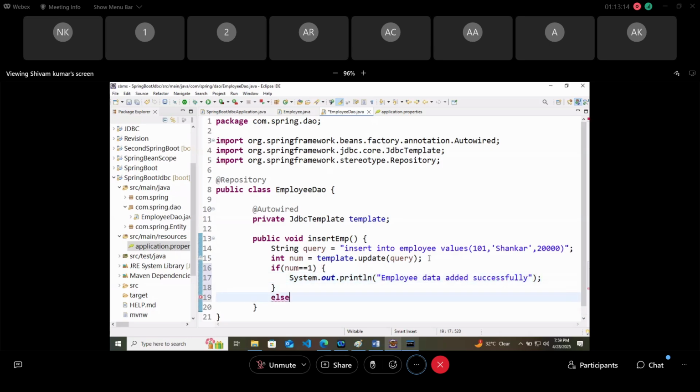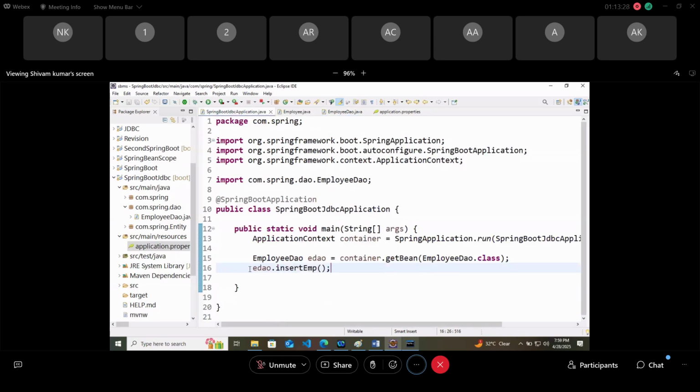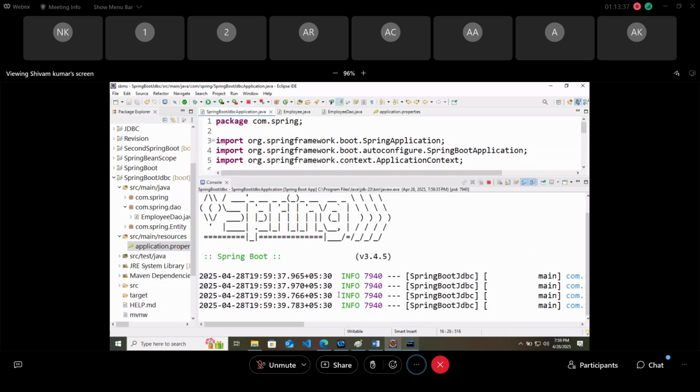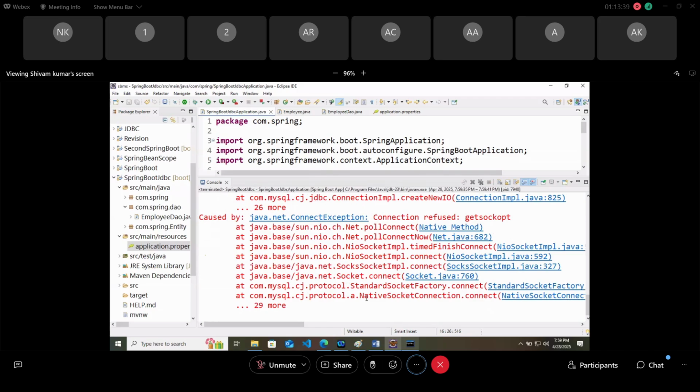Else, operation terminated. Now in the main class, we will call this insertEmp method. Just run it. And here we got